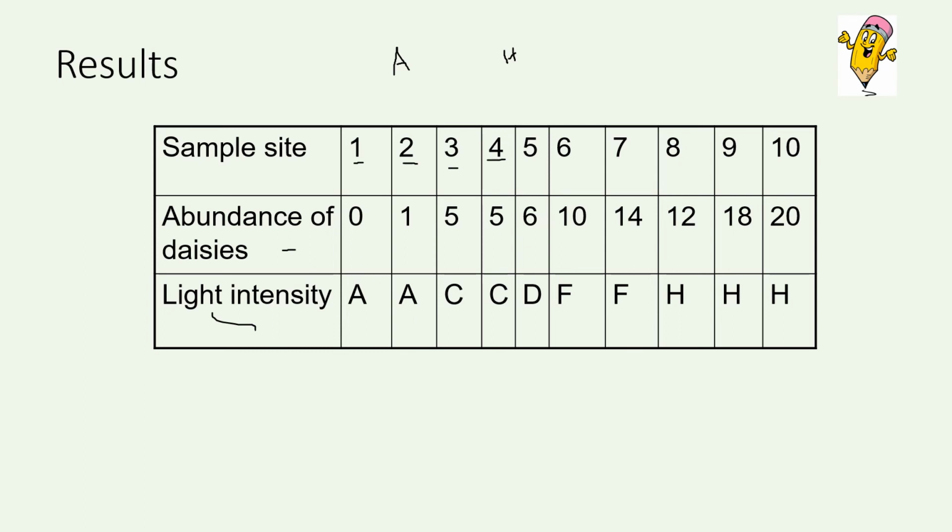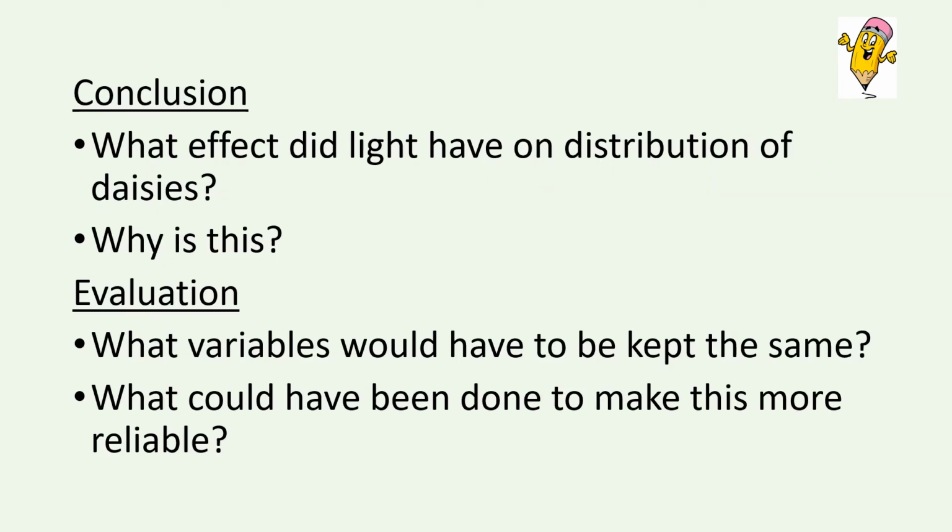So try to work out what you could write for a conclusion here and for an evaluation before I go over the answer with you. So pause the video and try to write your own conclusion and your own evaluation of these results. So your conclusion should include: what effects did the light have on the distribution of daisies and why would this be? And your evaluation should include: what variables would you have kept the same and what could have made the